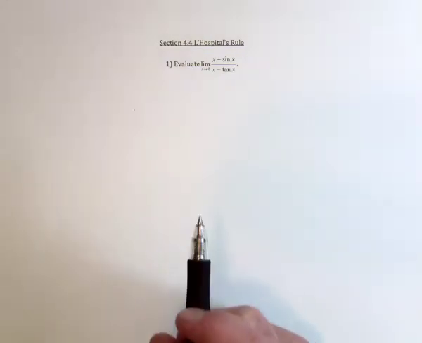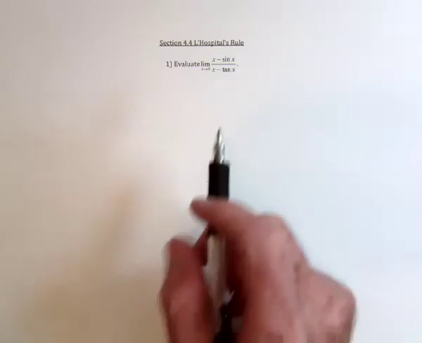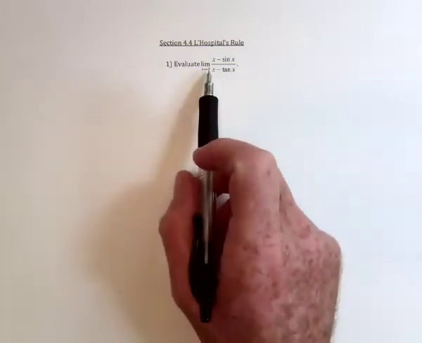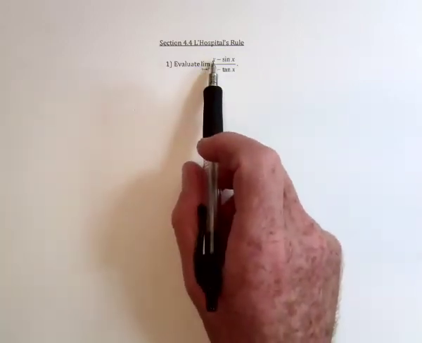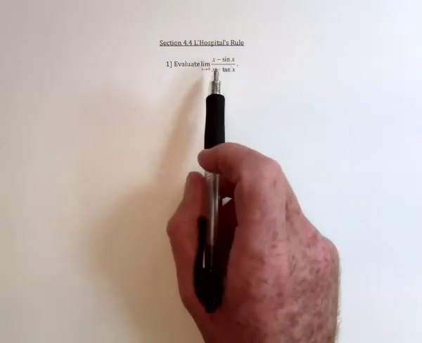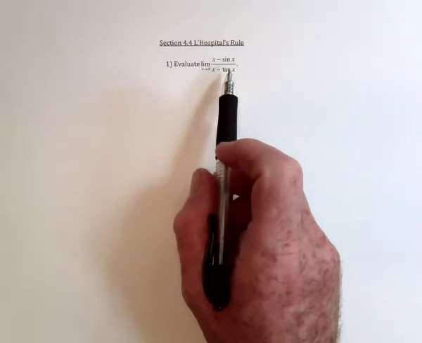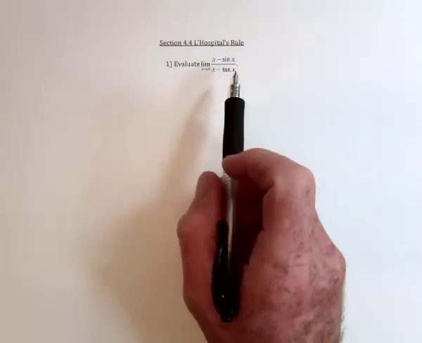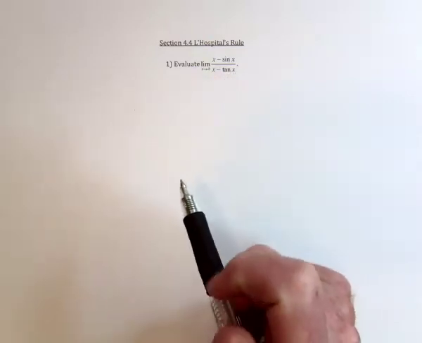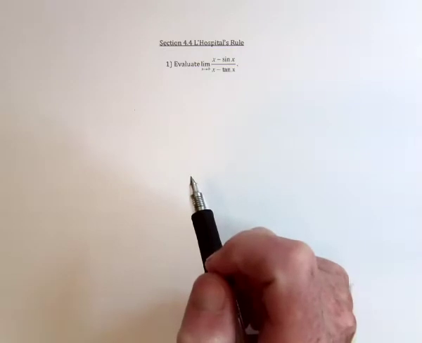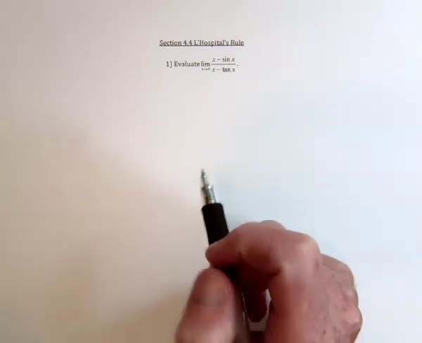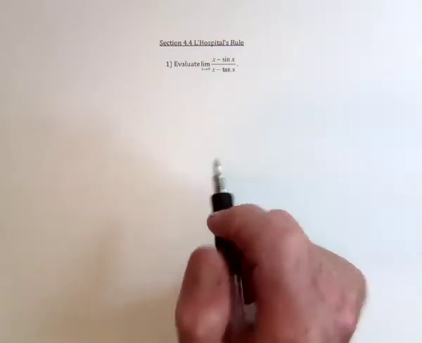So L'Hopital's rule is used for evaluating limits when you have what's called an undetermined form. So for example, if we substitute 0 into this, we'll get 0 and 0. A 0 divided by 0 is undefined or undetermined. So if we get 0 divided by 0 or infinity divided by infinity, you can use L'Hopital's rule, which then